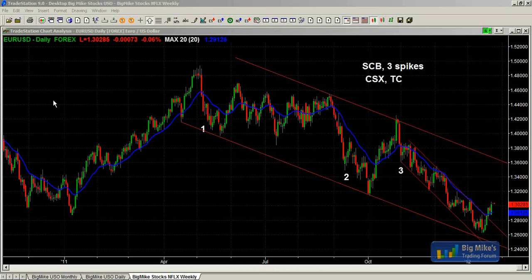Which sectors are expected to be the best performers in the next 3, 6 to 12 months? I don't trade sectors. I do pay attention to them, but I trade individual charts, so I don't pay attention to sectors.